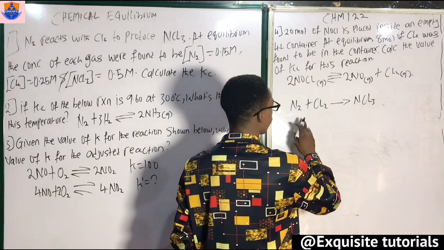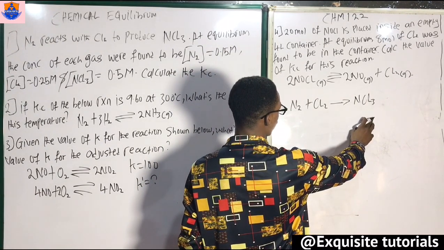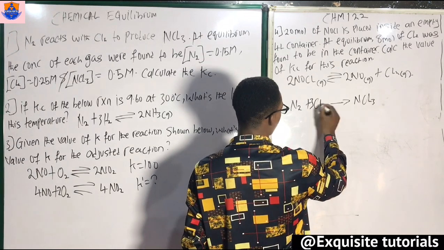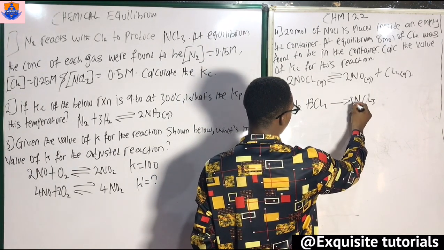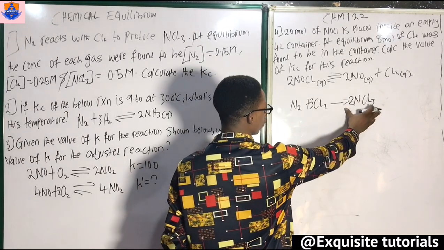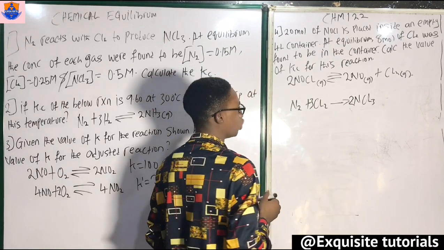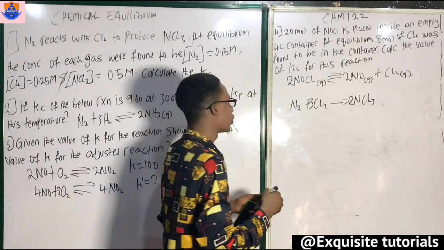Sure we can. So we have the 3 here. Let's assume we have 3, so we have 2, 2. So here 6 is 6, so that nitrogen here is 2. So this is the balanced equation for this reaction. Okay, so now